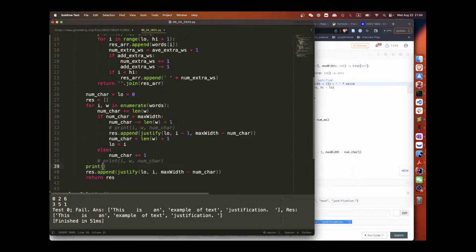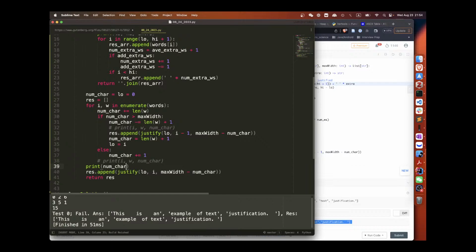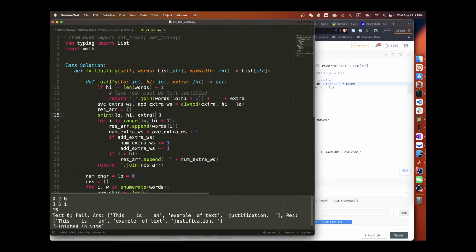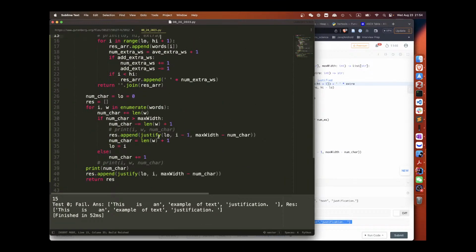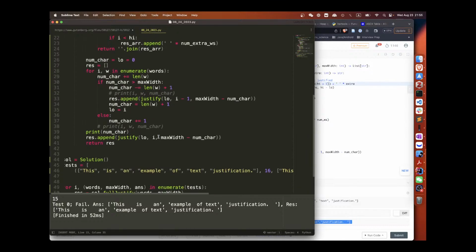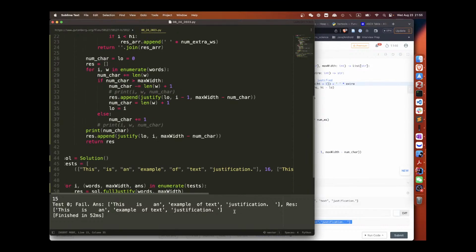What's coming out? 15. One, 2, 3, 4, 5, 6, 7, 8, 9, 10, 11, 12, 13, 14, 15.